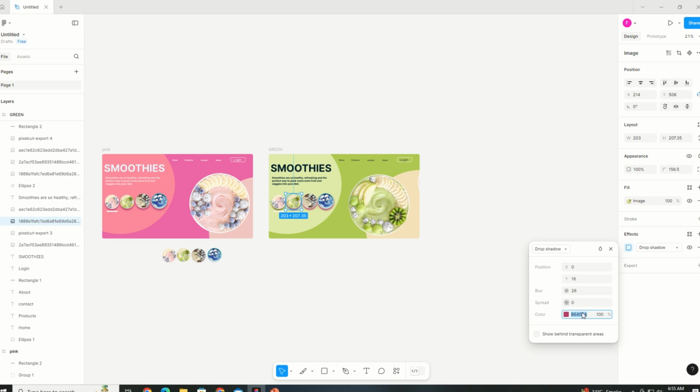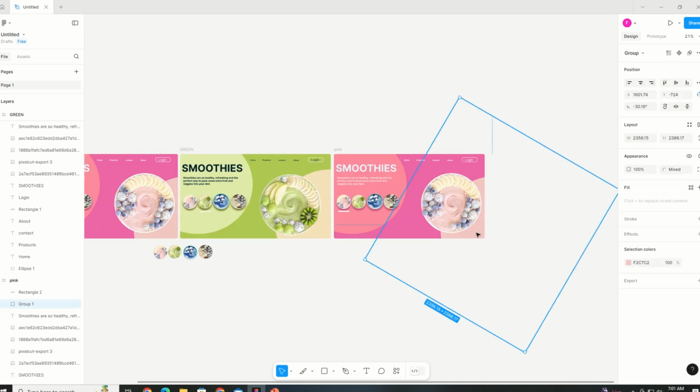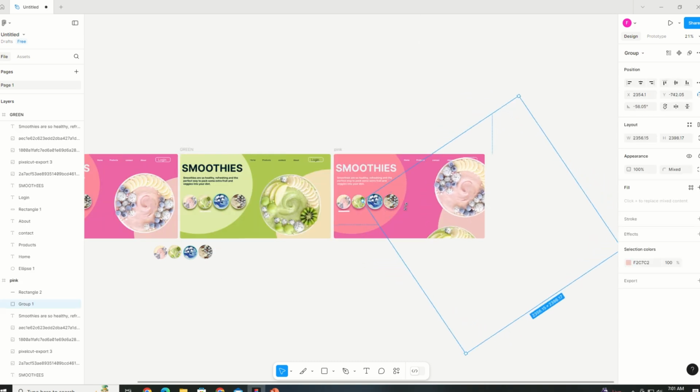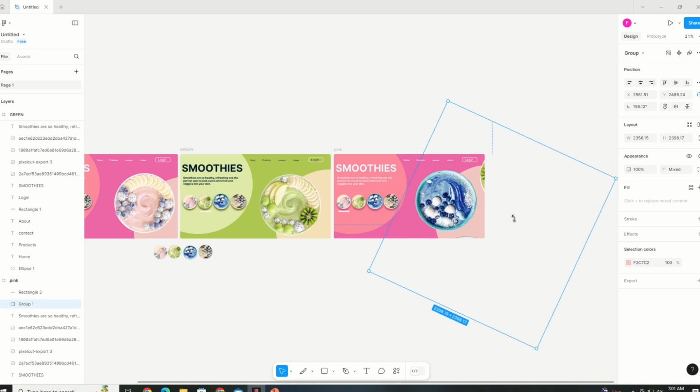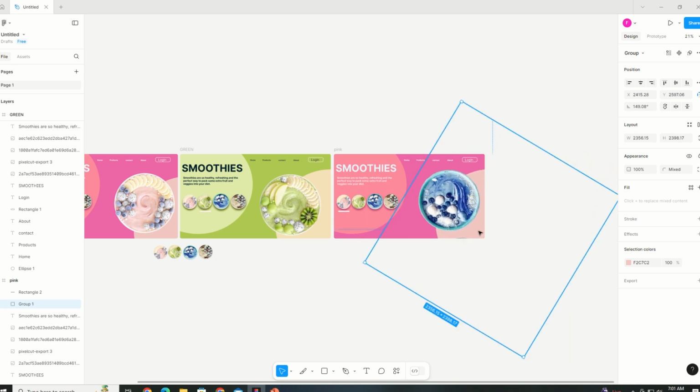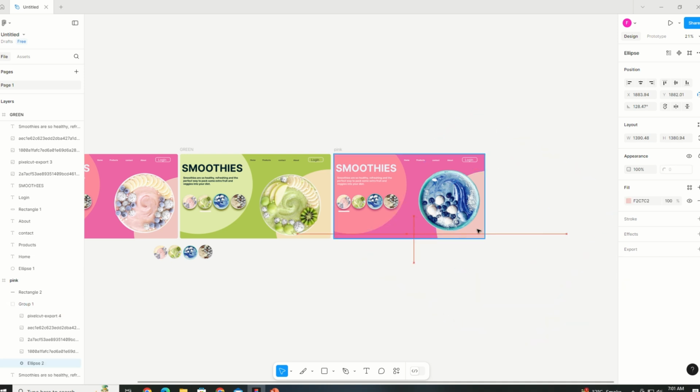And the next thing I'm gonna do is change the shadow color separately. Now I'm gonna move to this brown bowl and let's give them the shadow as well, and this blue bowl, and I'm gonna give the shadow as well. Now let's move this line under the green bowl. Now I have duplicated the slide once more, and let's move this circle as well again, and this is the blue bowl. And let's select the circle,